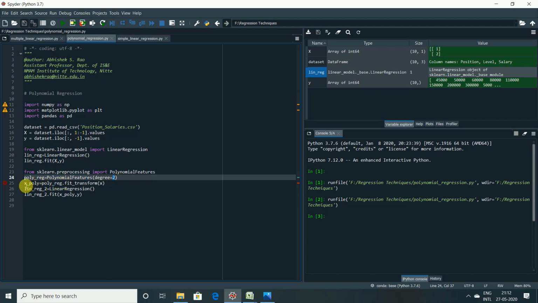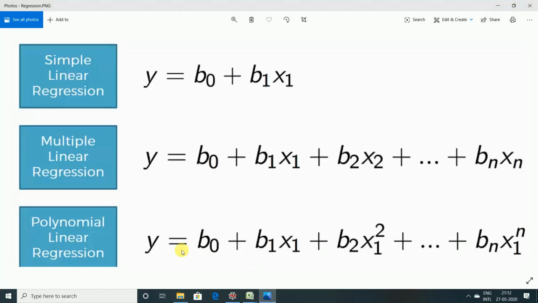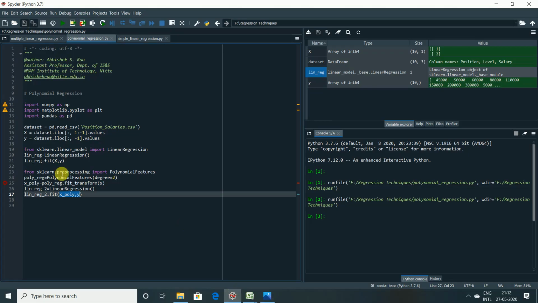Then we transformed the data into the new matrix of features, and we stored it in a new variable called X_poly, so that we didn't disturb the existing data set values. Then we called the linear regression model, which is stored in lin_reg_2. For the linear regression model, we fit the polynomial features X_poly and y. So what is y here? This one, right? b0 plus b1 x1 plus x squared is there, no? This is X_poly. So this is done with the polynomial regression model.